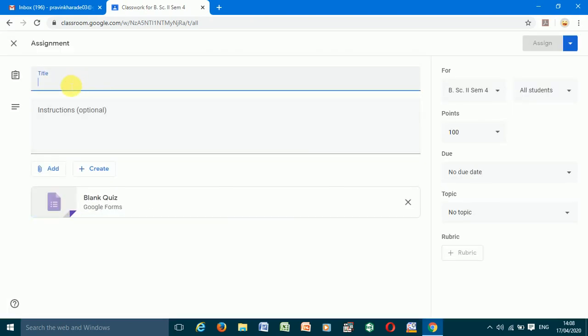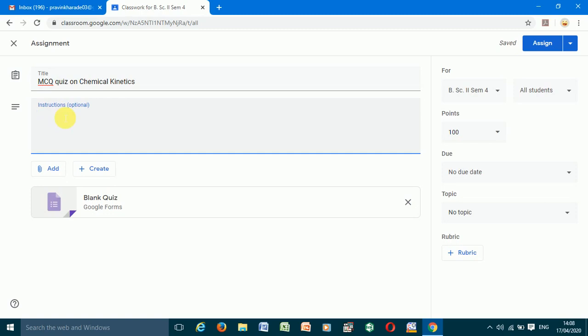So here the assignment, that is MCQ quiz on chemical kinetics. You can give the instructions here. Solve this quiz, and next,